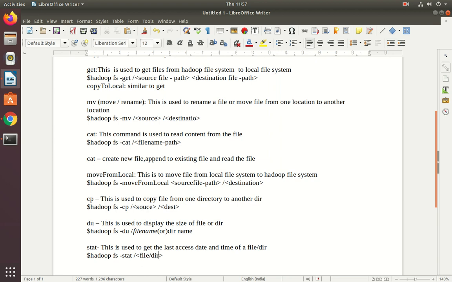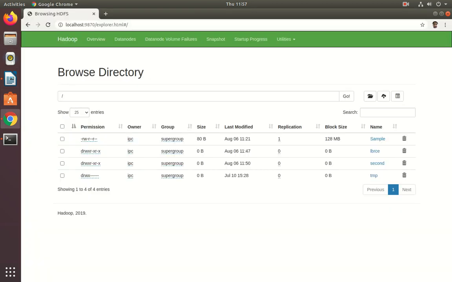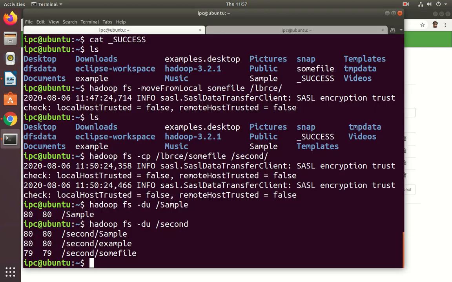Let us examine this one. See, I have some files and directories. Here the sample file and the lbr directory. Let us see this one. Hadoop fs hyphen stat space slash sample.